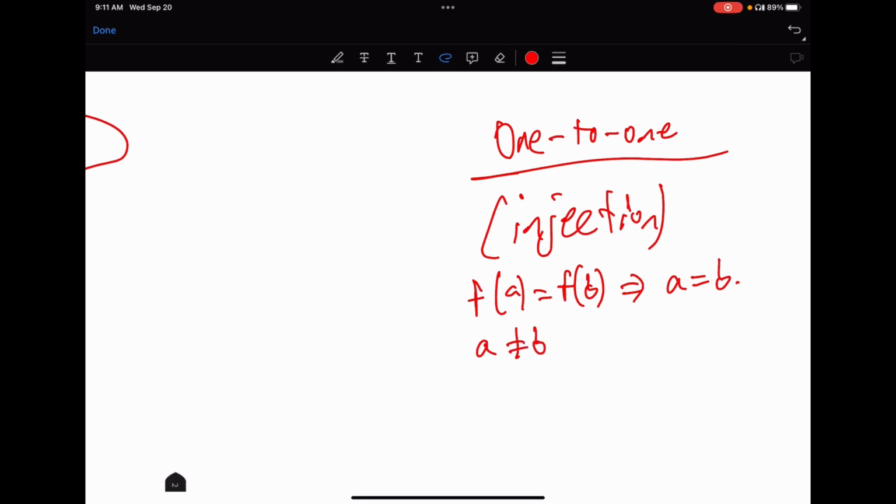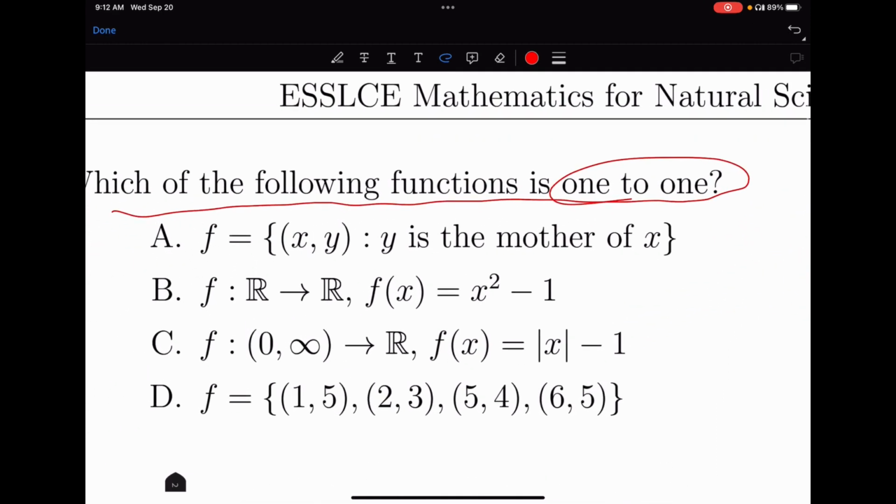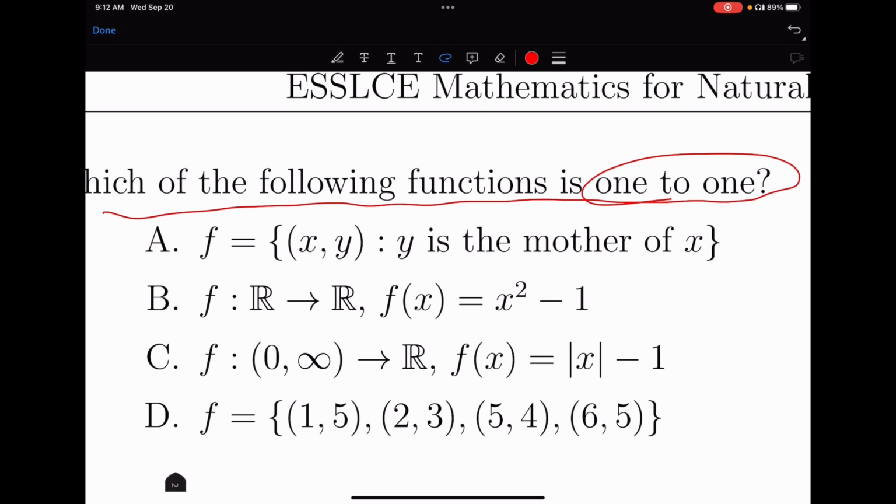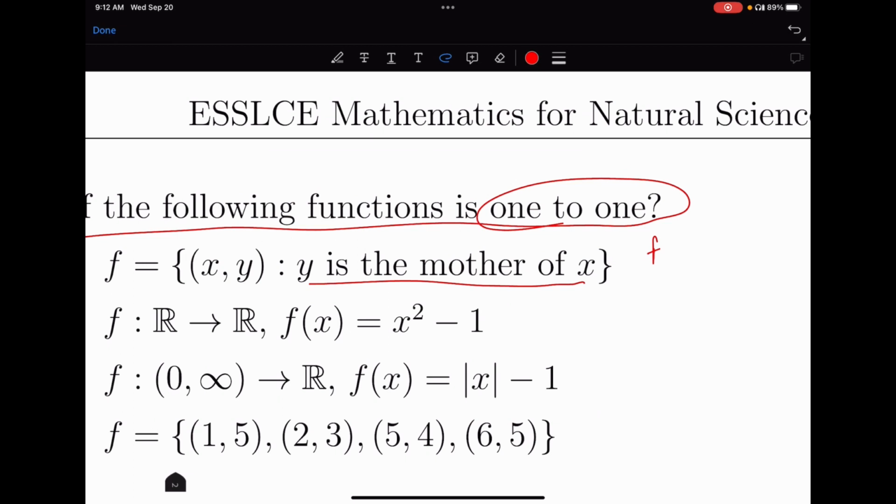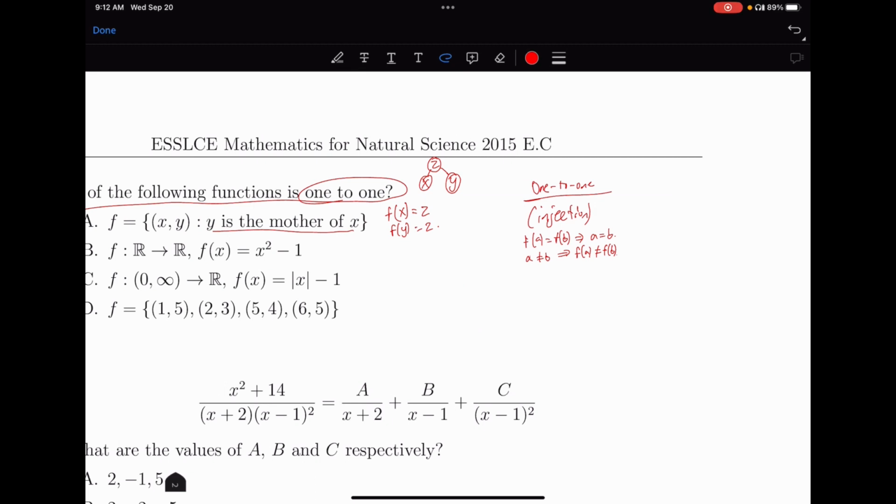okay ወይም የዚህ ኮንትራፖዚቲቭ ስንወስደው a different from b ከሆነ የተለያዩ a እና b assuming that a and b come from the domain of the function f and if they are different then their images will also be different, f of a will be different from f of b. ለዛ እሺ a እንመልከት a satisfy ያደርጋል f is equals to x, y where y is the mother of x okay let's say x እና y ወንድማማቾች ናቸው እንበል okay they have the same mother ማለት ነው f of x የx እና y ወንድማማቾች ከሆኑ z ደግሞ ማዘራቸው ከሆነች እንግዲህ የx ማዘር z ነች የy ማዘርም z ነው ለዛ f of x ማን ነው z ነው okay f of y ማን ነው z ነው therefore x and y they are different people but x is different from y but f of x is not different from f of y therefore a